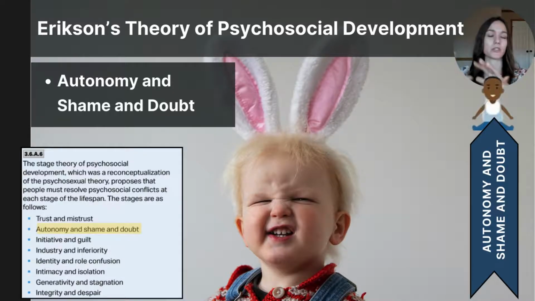So, an example might be if a toddler tries to assert their independence, like dressing themselves or using the toilet, and whether they feel that they are able and capable of doing that. If a caregiver supports the child's efforts, they're going to gain a sense of confidence and autonomy. But if the caregivers are overly critical and discourage their independence, the child may feel shamed and doubt their abilities.